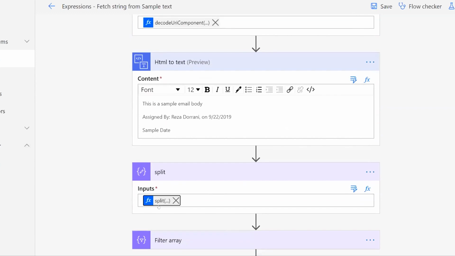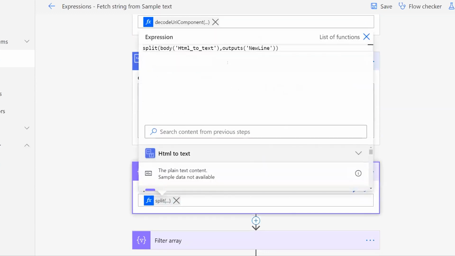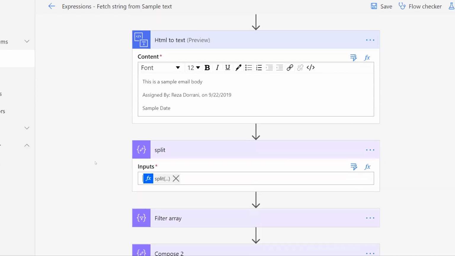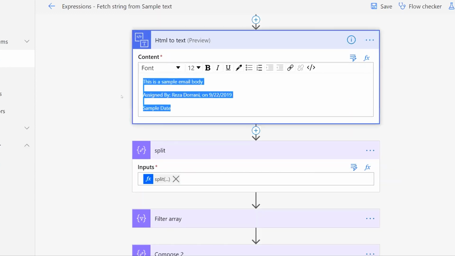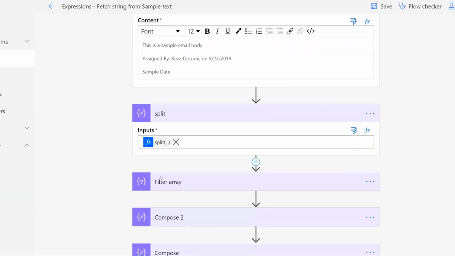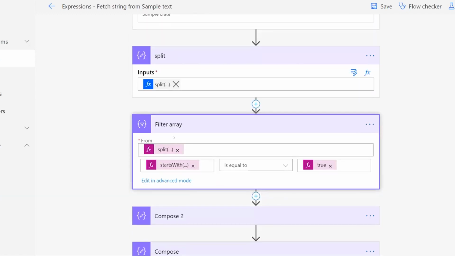And right here, I'm trying to split my output of this action, which is my email body. Think about it as my email body. I'm splitting this with that new line character. Cool. Now, once this runs, I will receive an array. An array of all of these items individually. Once I get that array, next step, this is something I showed you earlier in the demo as well. I am using the filter function.